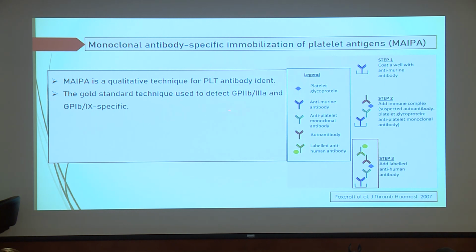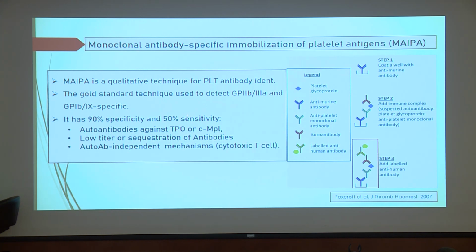It can also be modified to detect autoantibody against glycoprotein 2B3A with high specificity, because it targets glycoprotein 2B3A. But the main issue here is the low sensitivity of those assays, because of autoantibodies against thrombopoietin and also c-MPL,